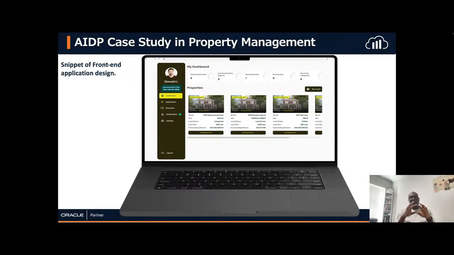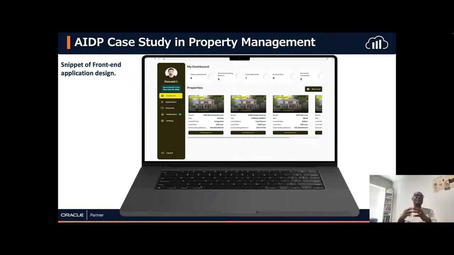So please just ignore the figure. I know you're seeing something like $12 million here, but that's because of the sensitivity of the data. One key thing here is that you can see all your properties on a dashboard. You can compare them and see the size of your properties. You can see whether you are the owner of the land, whether you are a debtor, and what things you need to do. Those are the visibilities, in which you can see the land size, the size of your property.